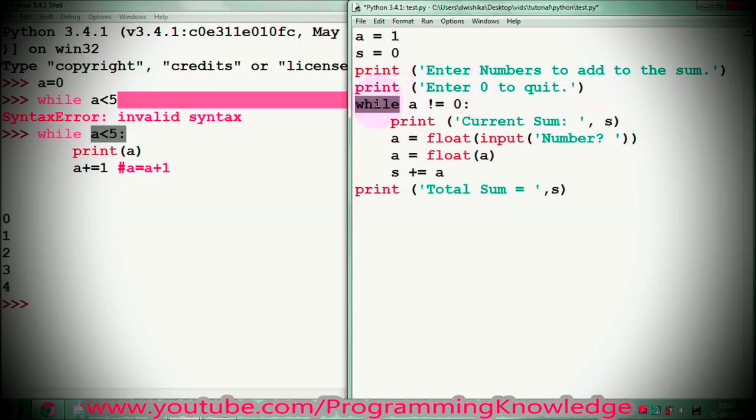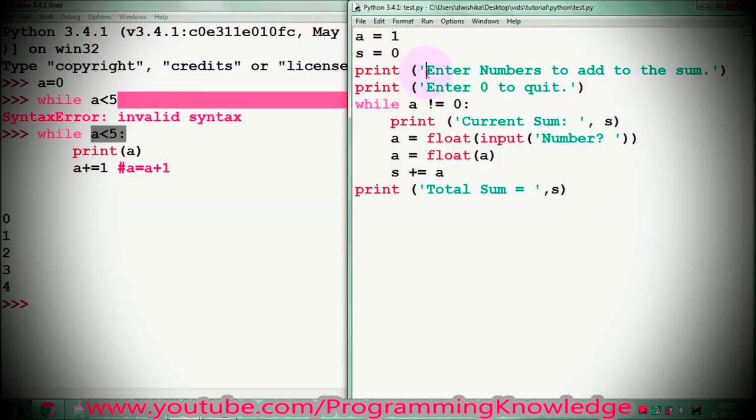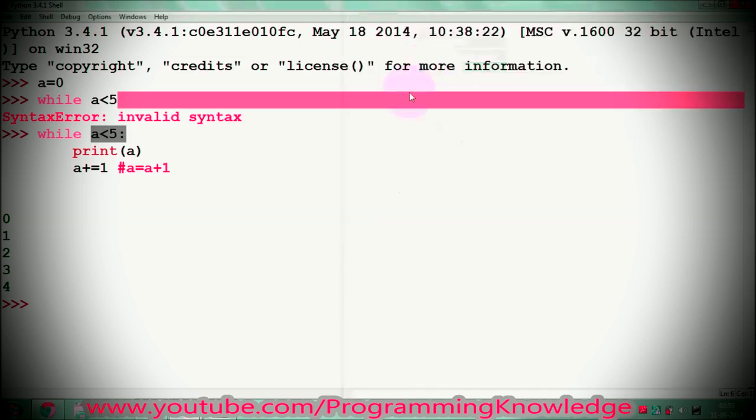And then I'm checking whether a is equal to 0. If a is not equal to 0, then I'm going to take this value of s, and then I'm asking the user to enter a number, and then I will add this number to my sum. S stands for sum and a stands for a number, and then I will print the sum like this. Okay, so this is a little example which is more practical in real life situations, and I will run this,